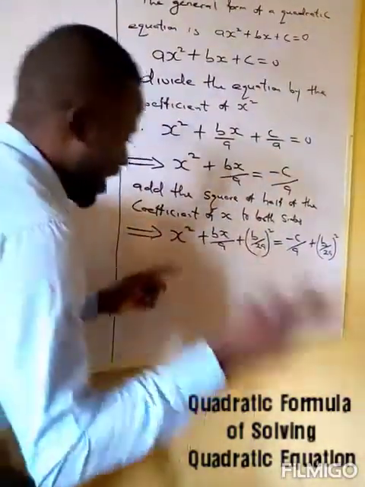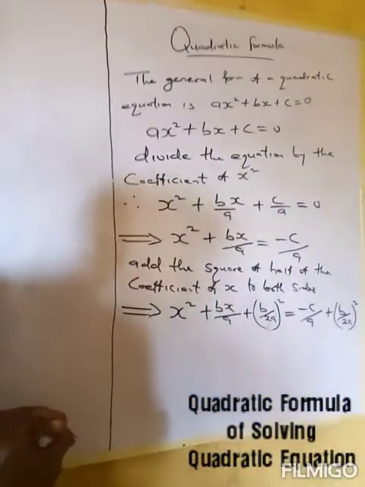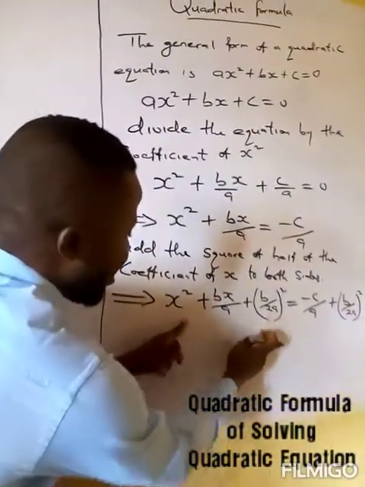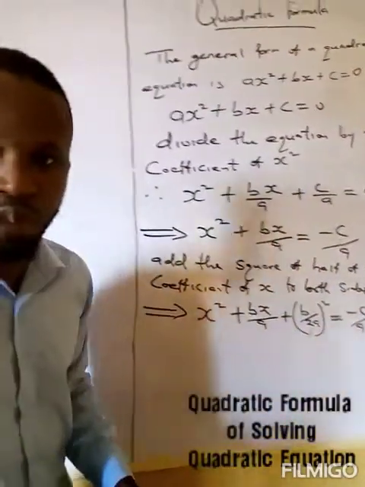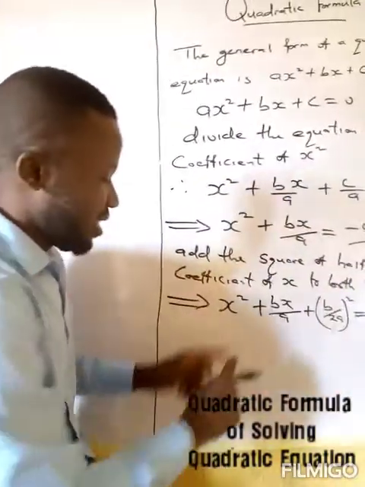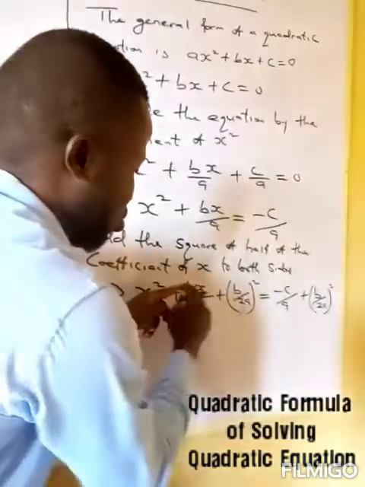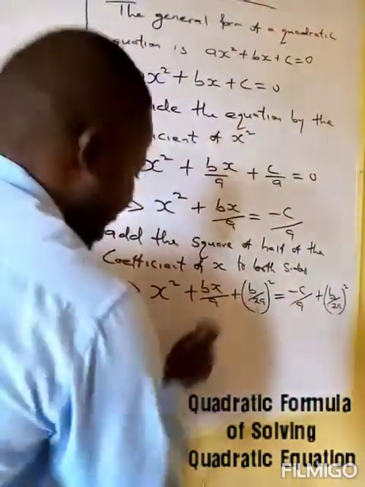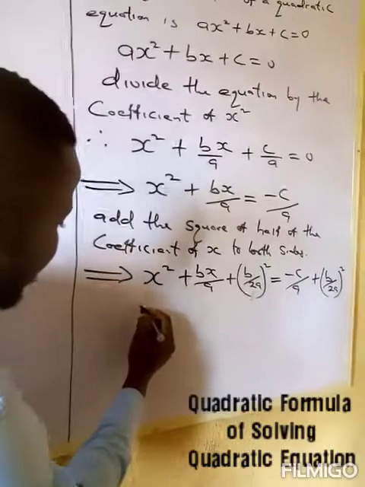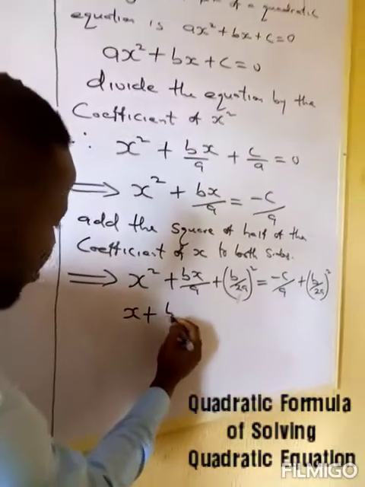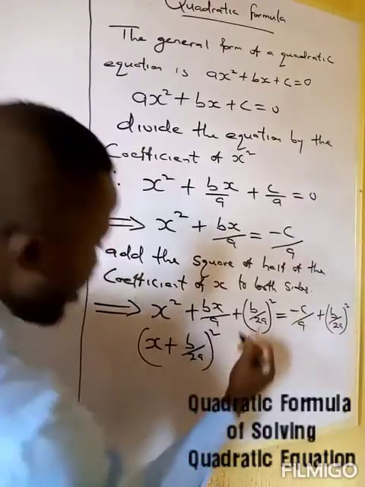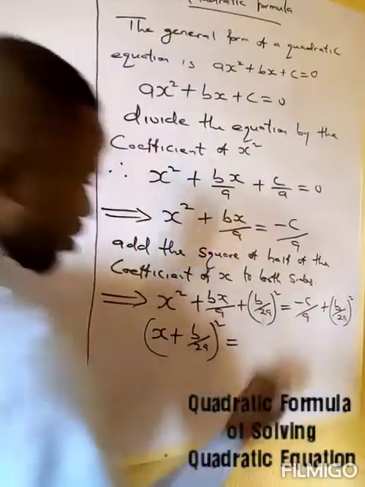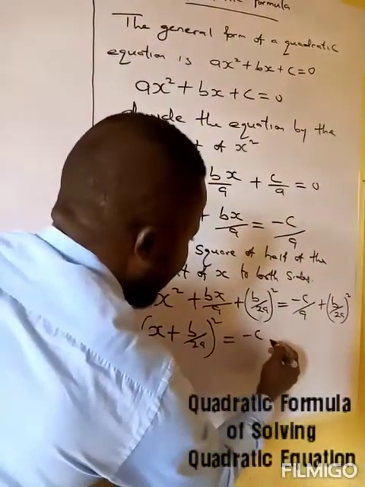Therefore, as I said in my previous video, we can bring these two together because there is one thing common to both, and that is the power of 2. Therefore, it becomes s plus b over 2a all squared equals minus c over